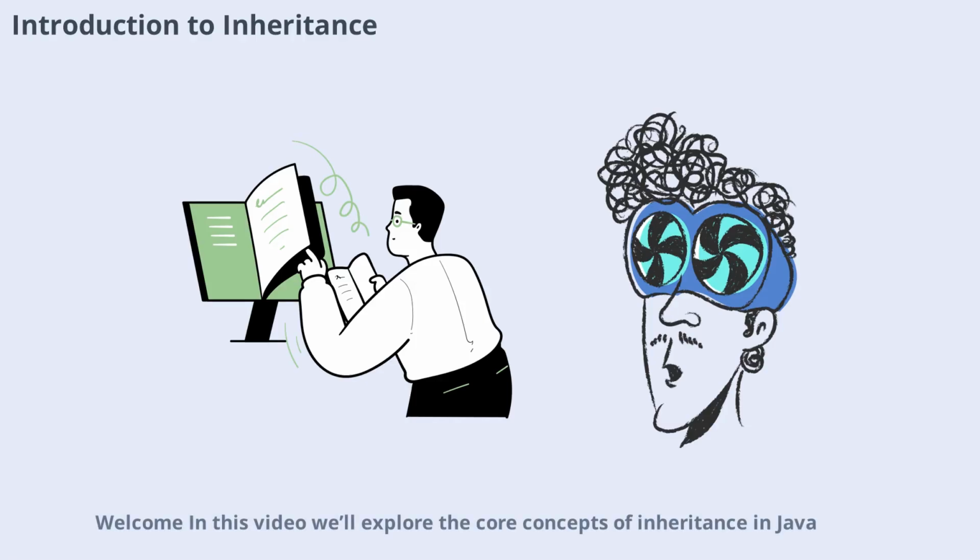Welcome. In this video, we'll explore the core concepts of inheritance in Java, a fundamental principle of object-oriented programming. Inheritance allows a child class to inherit features from a parent class, making code reusable and organized. We'll break down the different types of inheritance, compare Java with C++, and discuss the limitations and alternatives to inheritance. By the end, you'll have a solid understanding of how inheritance shapes Java programming and how it fits into the